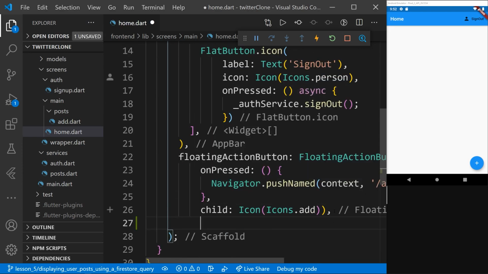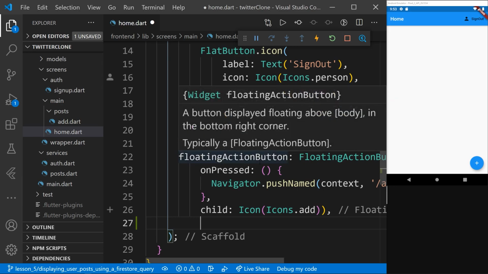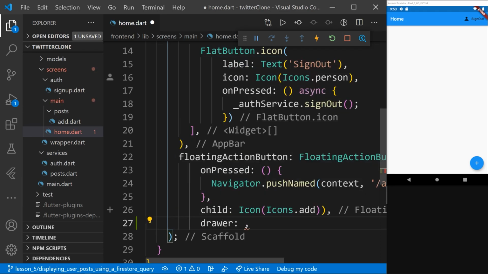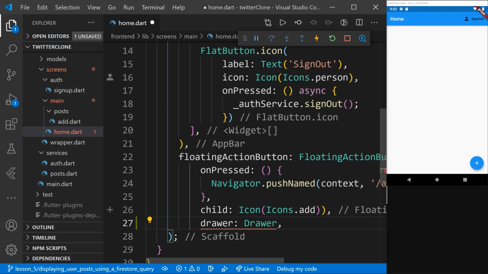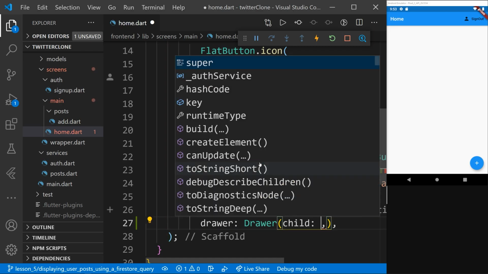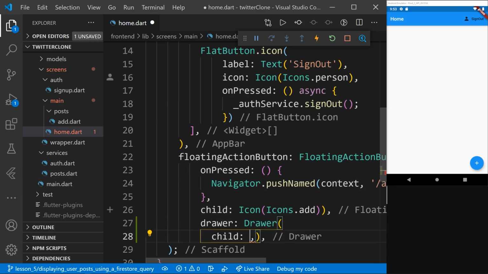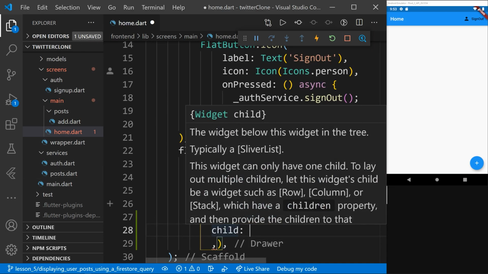So below the floating action button, we are going to create a drawer. And this drawer will be of the type drawer, and we'll add that widget right now. Add the child, which will contain all of the buttons which will appear in the drawer. This is a list typically. And that's basically it. So in here, I'm going to collapse everything, and I'm going to, on the child, add